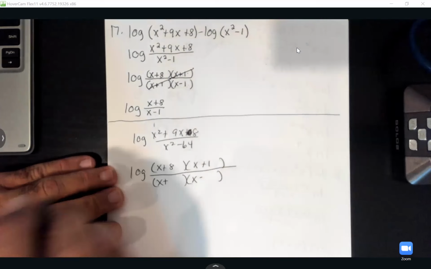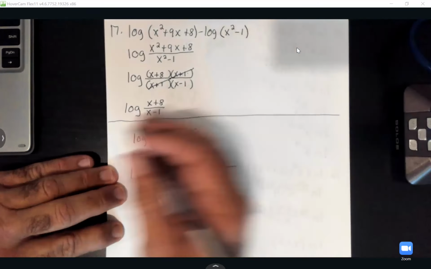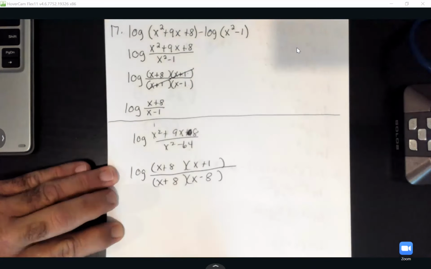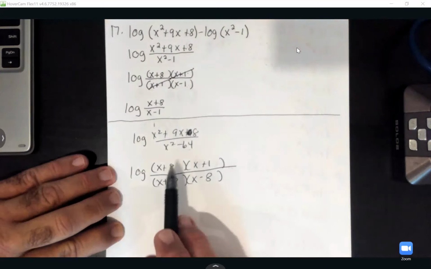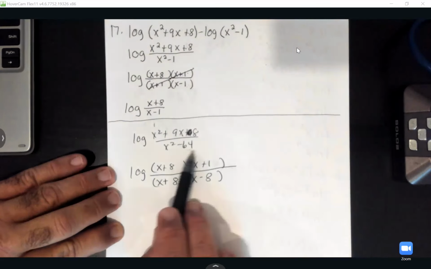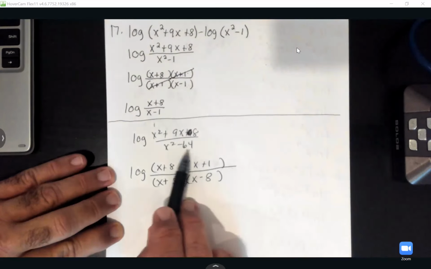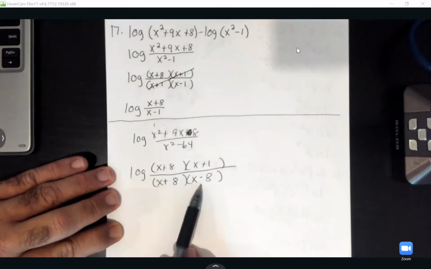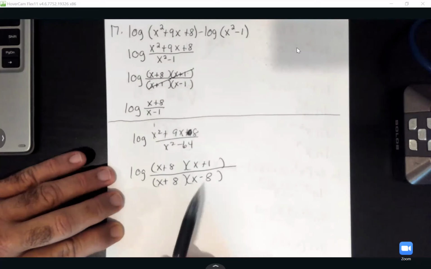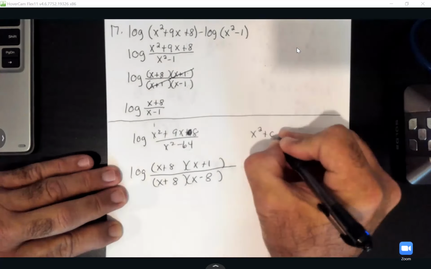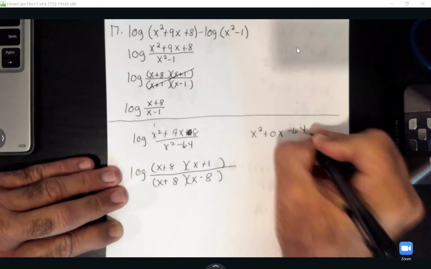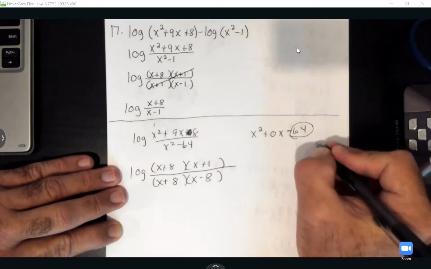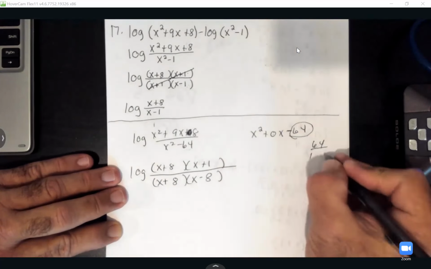Well, let me ask you this. 8 and 8 give you 64. That's what I want. 8 and 8, that's the same number, right? So you're looking for whatever number times itself equals this last number. Which will be a +8 and a -8. Because y'all, you got to treat this like it's got a 0 in the middle. And you're finding factors of that number that'll subtract to equal 0. So when you break down all your factors of 64,